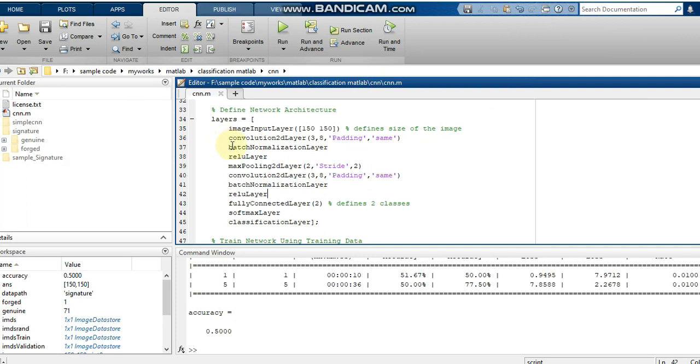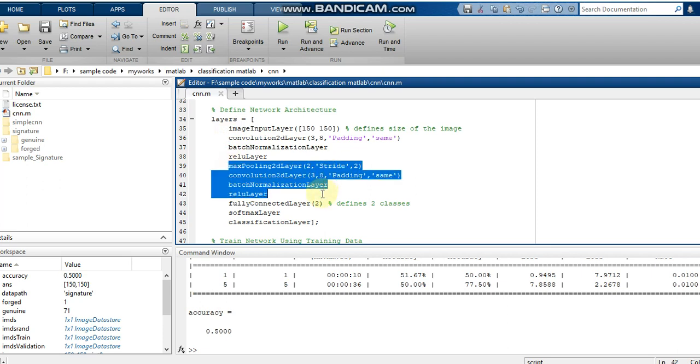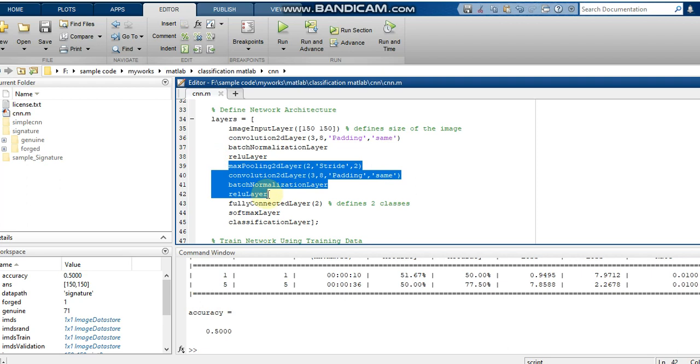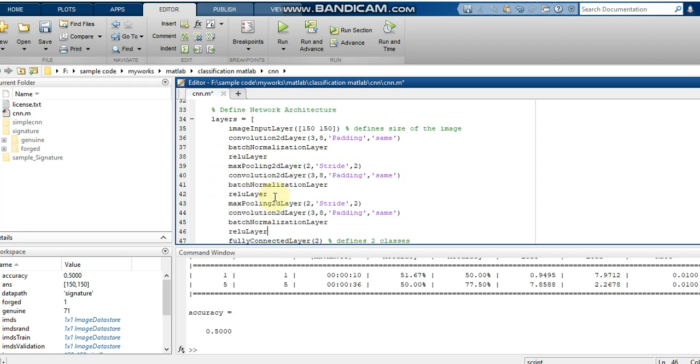So this is one thing. You can also add more layers, and we can add the same layers again and check whether the accuracy is increasing or not.